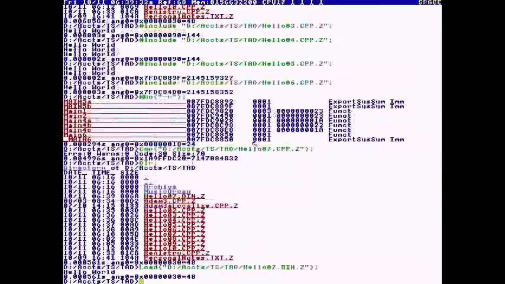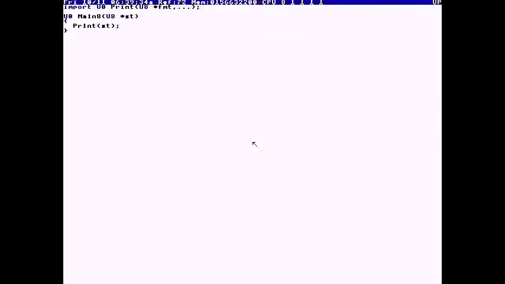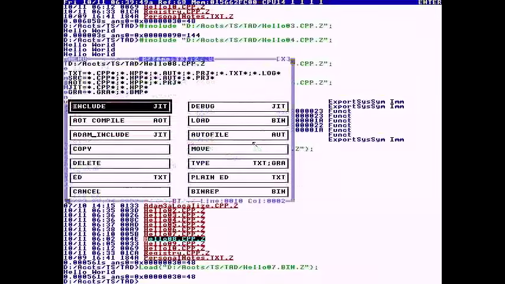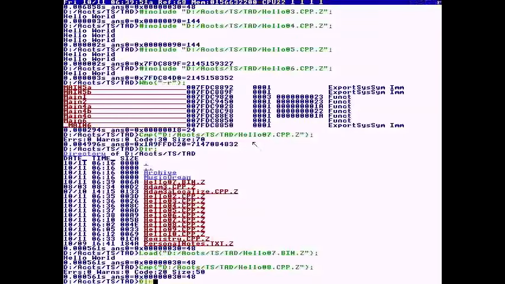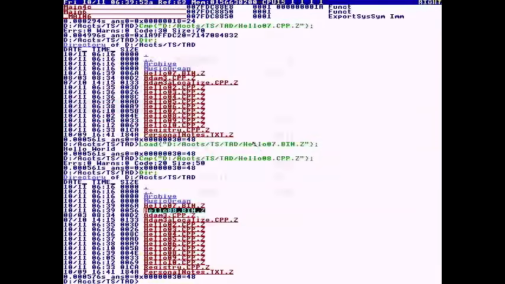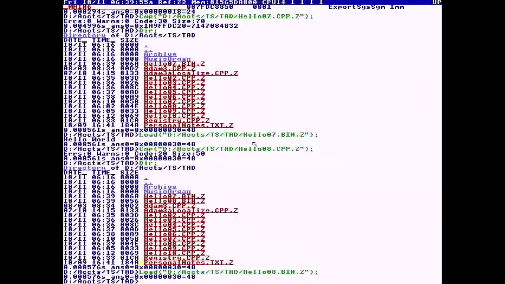We load it. Number 8. Instead of using the pound include, we're doing an import, instead of the pound include Adam ahead of time. Okay, so now we ahead of time compile. Now we have to load the bin. Now we have to make a